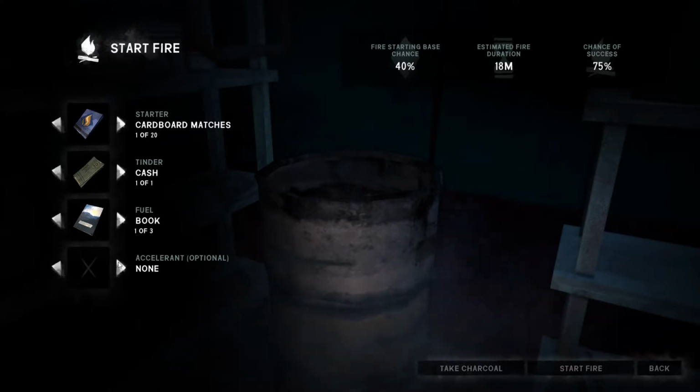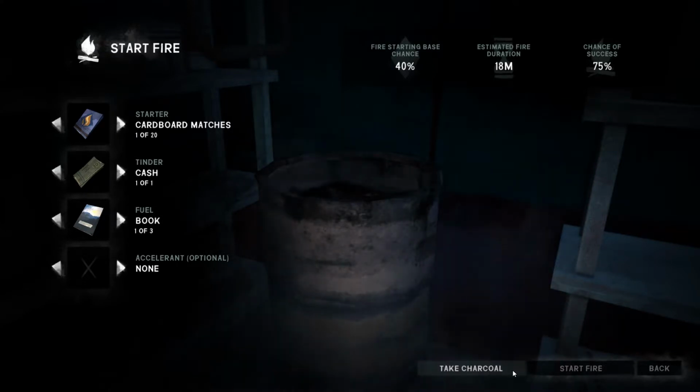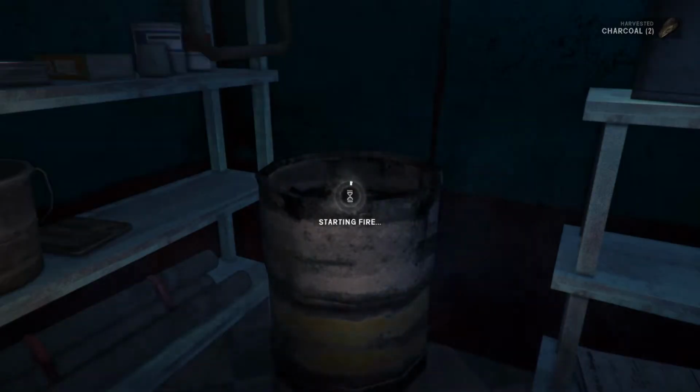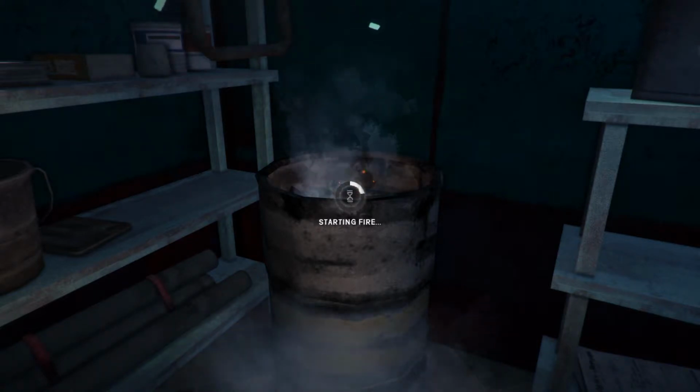So let's use the cash as tinder. We'll use a book as fuel. We'll just use cardboard matches. Oh, take the charcoal. Always take the charcoal first. And light the fire. I haven't done much map making. I need to do a bit of map making as well before we head out anywhere else. I haven't really done very much map making